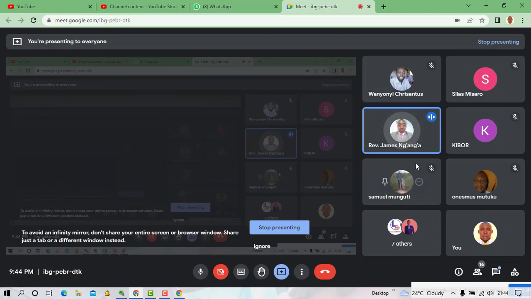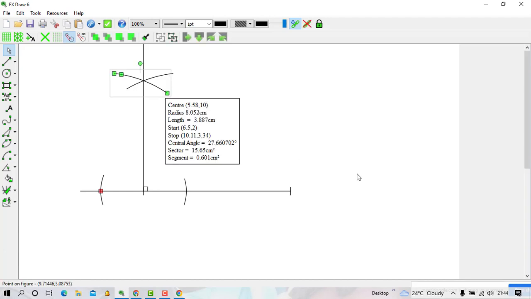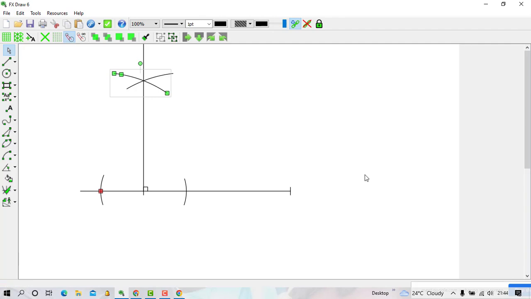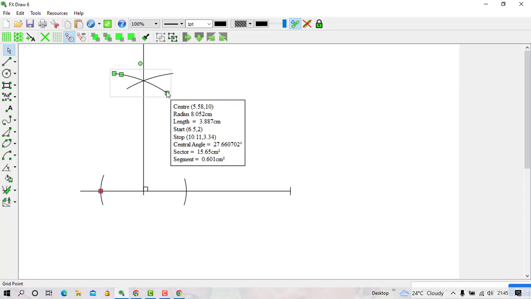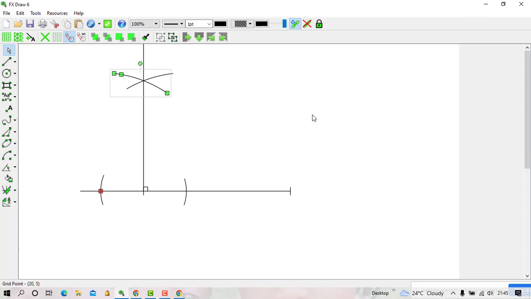Bado inaleta circles. Sasa sijui ama ni inahang ama ni mimi sijashika vizuri. The end point ya kwanza, after you draw your circle ya chini, unaifanya delete na back. Unamove cursor, we click on it ikuwe selected, then unafinya backspace. Then unaenda uiselect, uende na cursor uiselect, so that you get those two. Yes? So that you get those two when you select arc defined by center and endpoints.